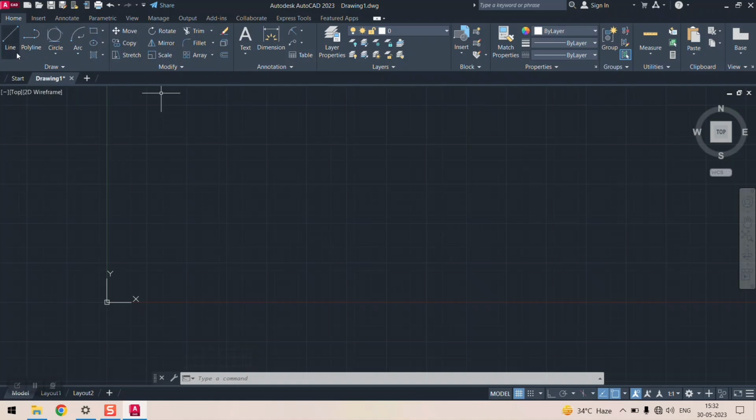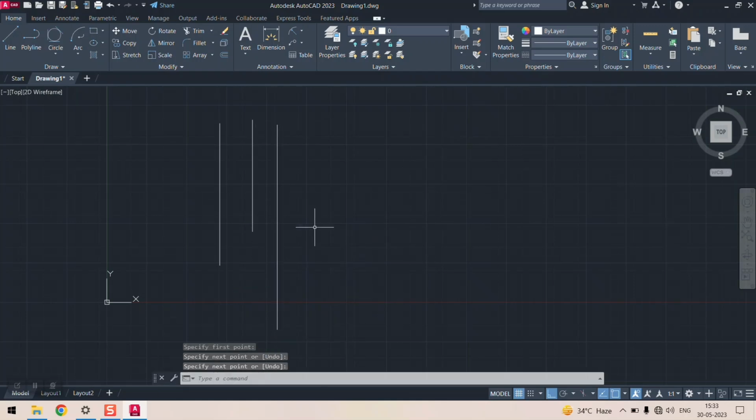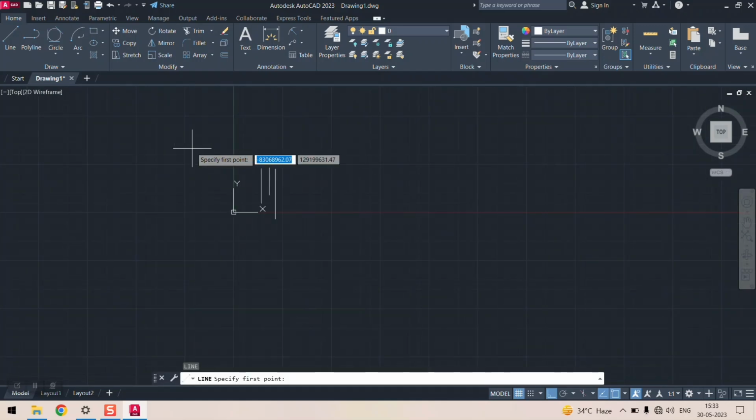So we have completed the line, polyline, circle, and arc commands. Okay, and we'll see some modify commands today. And in order to do that, I will make a few lines. I just wanted to make a few lines with the help of the ortho. This is my first line. Enter. Repeat. This is my second line. Enter. Repeat. This is my